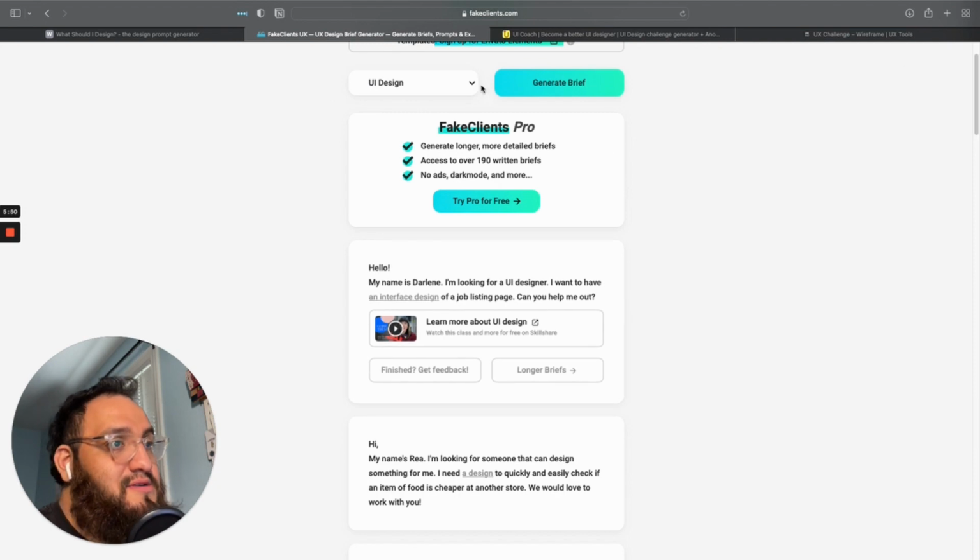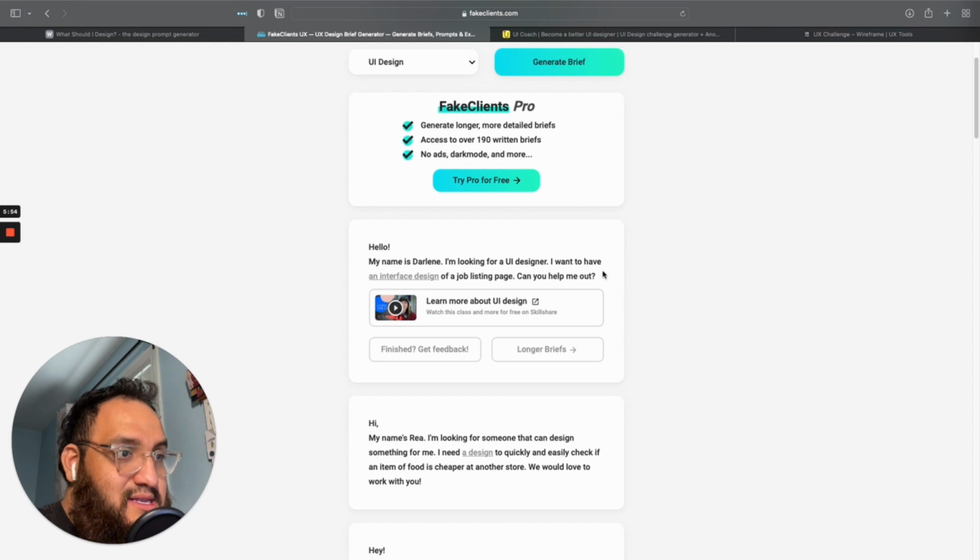I like how the colors changed too. There's a nice little gradient here too. All right, it says, hi, my name is Darlene. I'm looking for a UI designer. I want to have an interface design of a job listing page. Can you help me? So this person wants to post jobs and wants to make sure that they are able